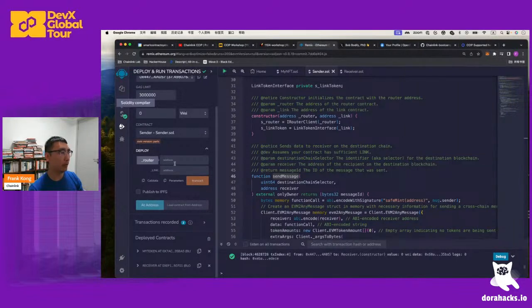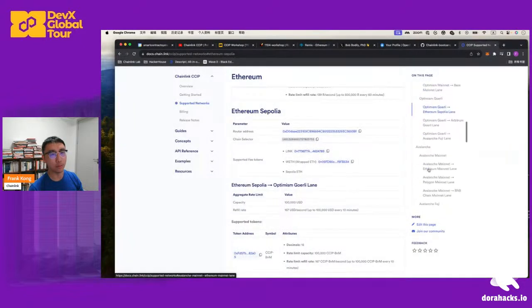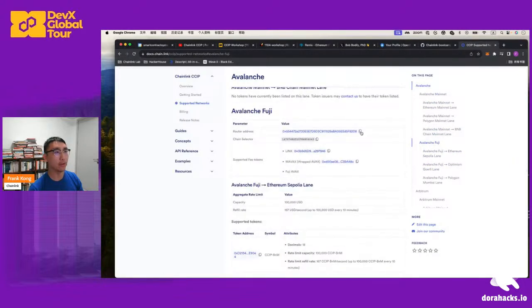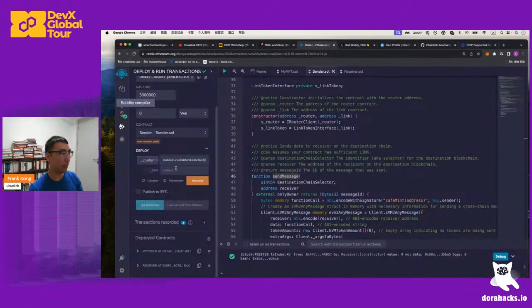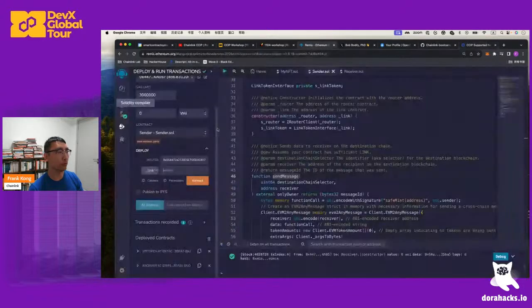And then in order to deploy that, we also have two parameters. The first one is the router, which we know where to get, but this time we need to go to the Fuji and get the router address here. Got this one, and then paste the value here. And the second one is the LINK token address on that network. So we can find the LINK token address here, and then back to Remix and paste the address here,